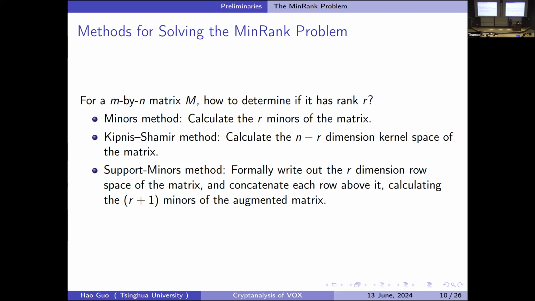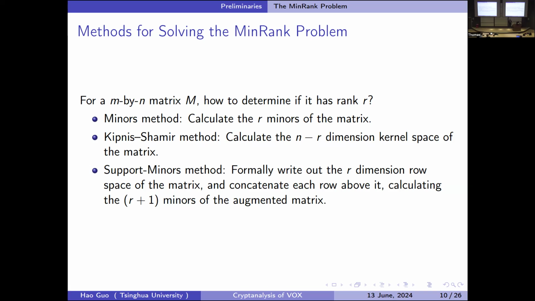And the Kipnis-Shamir method is to calculate the n minus r dimensional kernel space of the matrix. And finally, we have the support minors method, which you can think about as making a matrix M to be S times C, where S is the m by r matrix and C is an r by n matrix. And we can formally write out the r dimensional row space of the C matrix, and